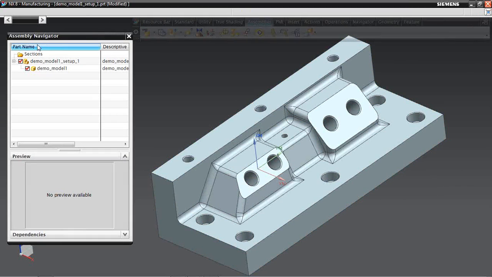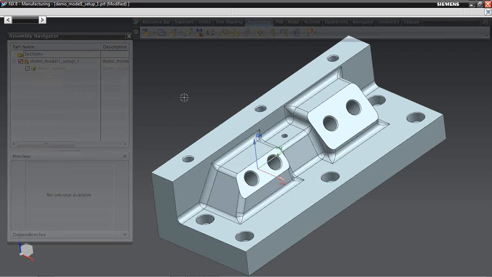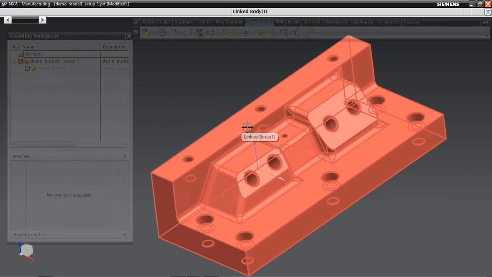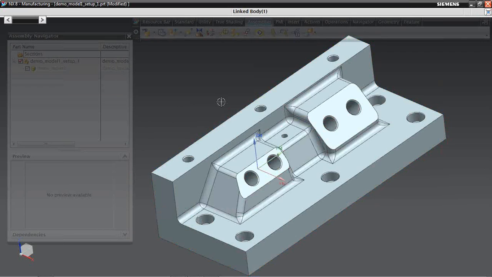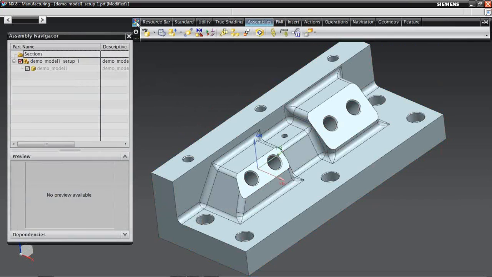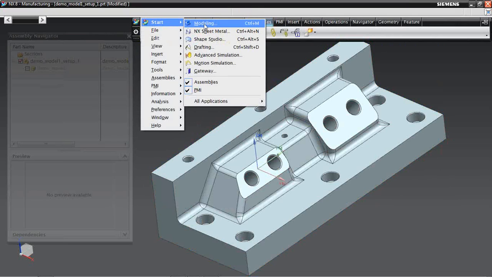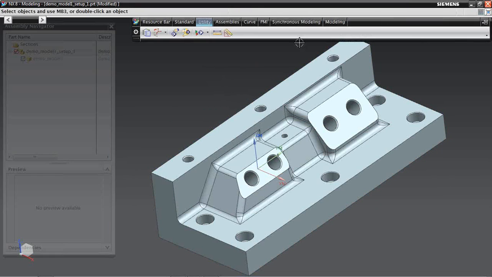Now when I go to my assembly navigator, I can turn off my part file, but all that's left is my linked geometry here, this linked body. Now I can go in and create my casting model using synchronous modeling. So I'm going to go to the Start menu, I'm going to start modeling, go to the synchronous modeling tab,